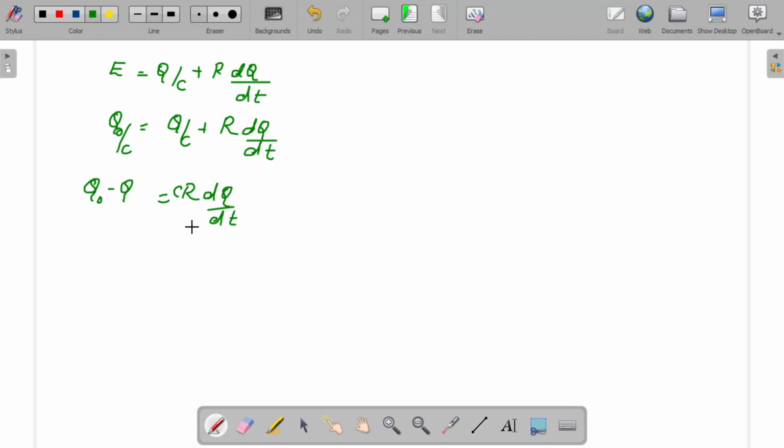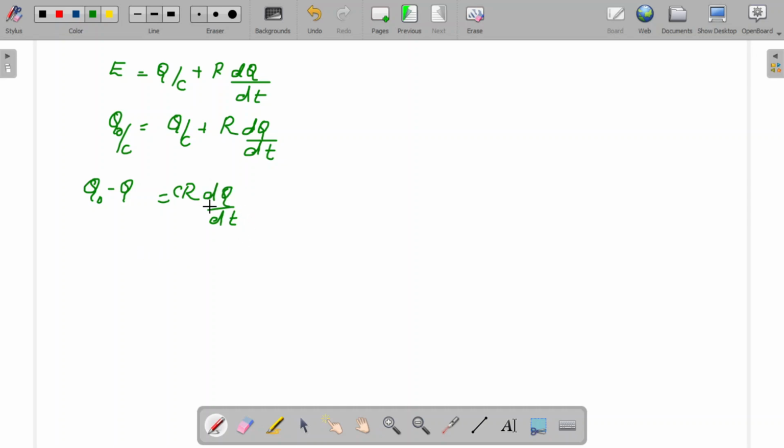Now normally when you deal with such relations, we can differentiate or we can integrate it. We will integrate it, right? For integrating over a time, what happens? That means I can collect the like terms together. I can say dq, with respect to the differential dq. So I bring Q0 minus Q to the other side and dt to the other side. So a kind of rearrangement is going to take place.